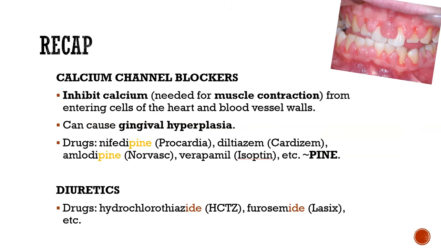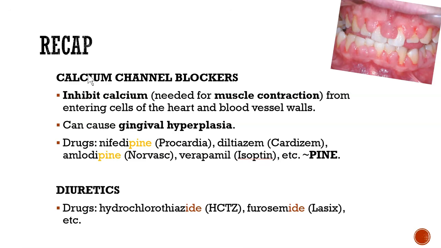The other drug that we want to keep in mind is calcium channel blockers. This is another thing that helps with hypertension, with high blood pressure. What calcium channel blockers do is they block calcium from entering into the heart. The reason they want to block calcium from entering the heart is because what calcium does is